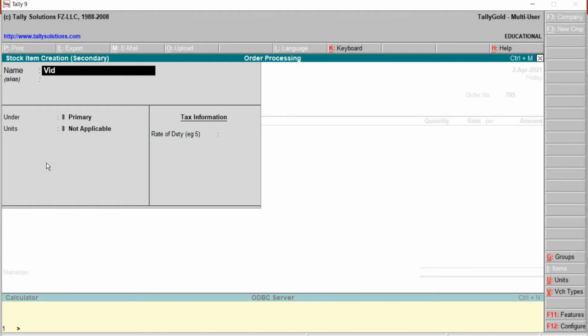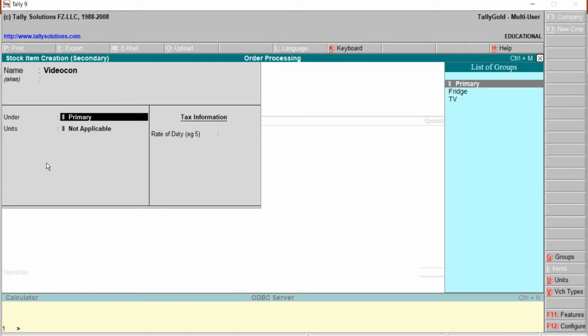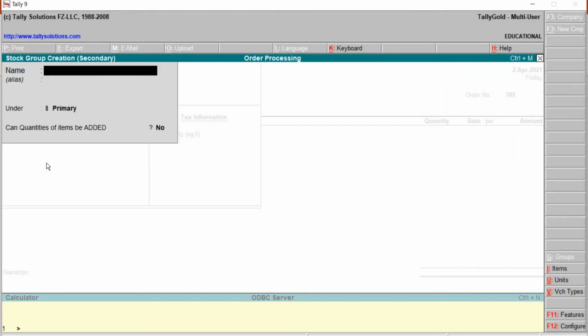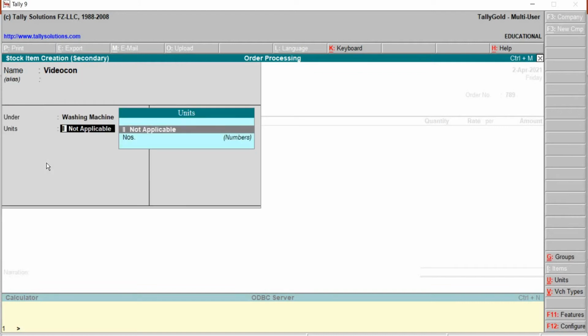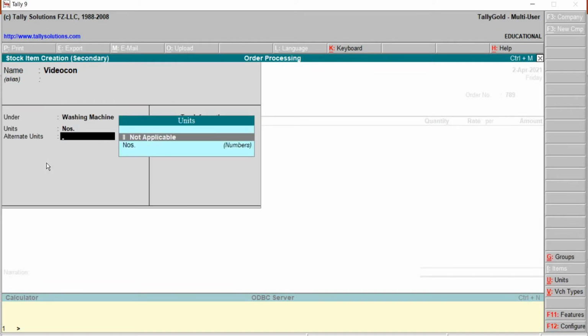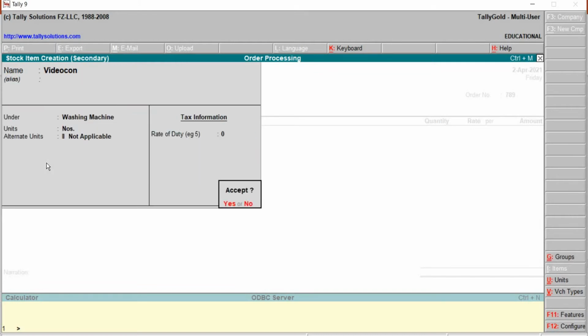Videocon. The stock group has to be created. Alt C to create. Washing machine. Then save. Numbers not applicable. Later save.